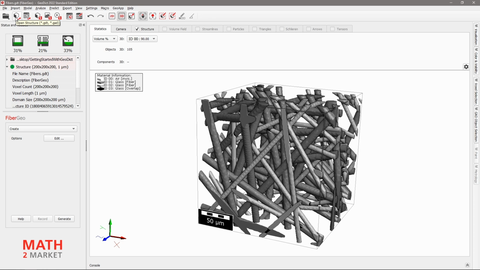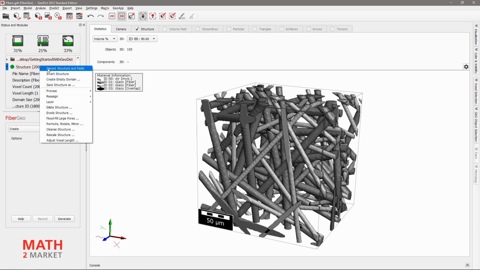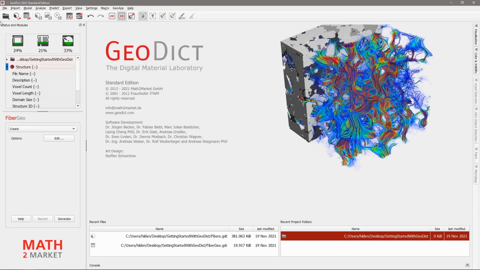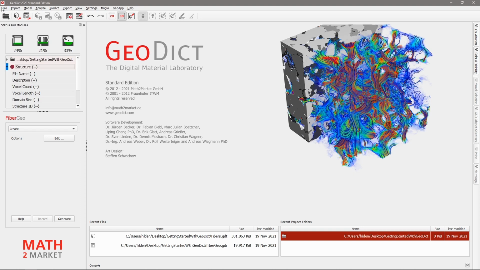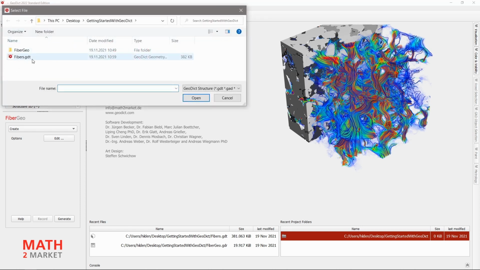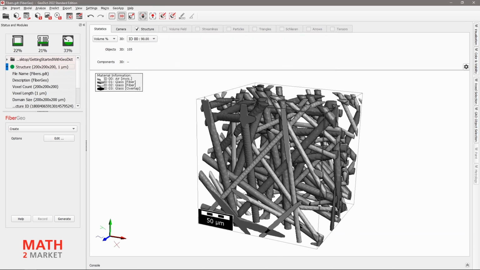So discard the structure again, and then you can move here to File, Open Structure, or just use the corresponding icon here. We select the Fibers GDT, click Open, and there we are again. Now we see our saved structure again reloaded in Geodict.